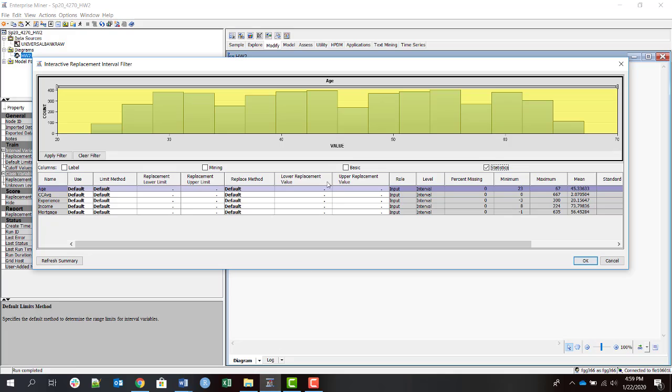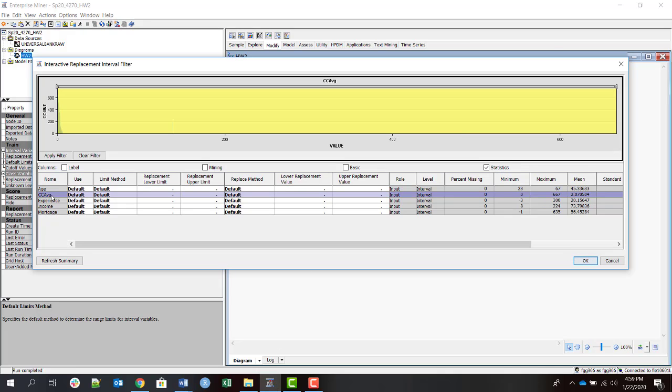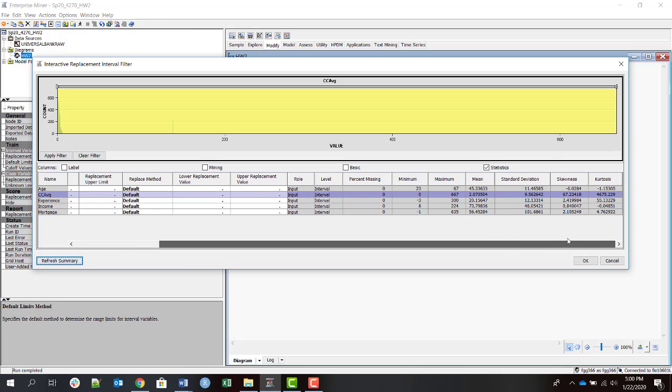So let's look at CCAVG, and you see that most of the values are around here, and then there are some which are way high. If you look at the minimum and the maximum, CC average minimum is 0, so that's reasonable. Now maximum is 667. That seems wrong. Normal people don't spend $667,000 in credit card on average per month. So we need to set up